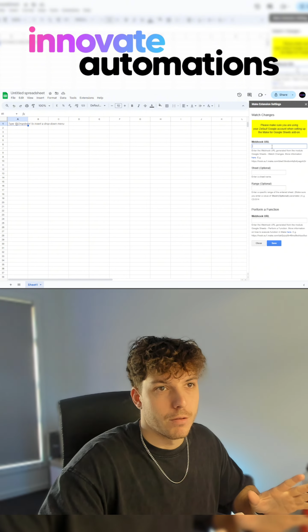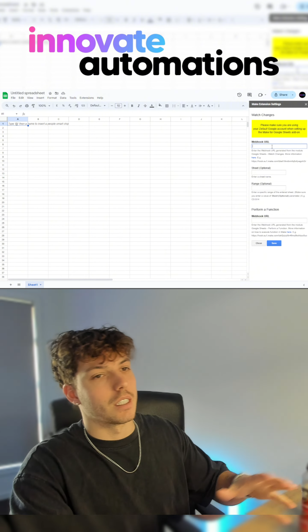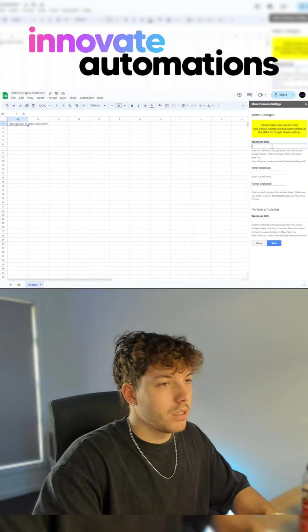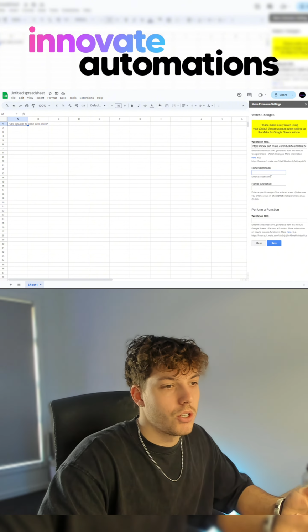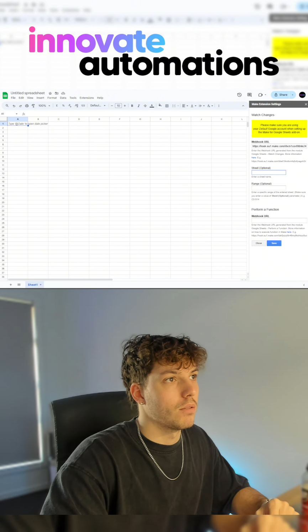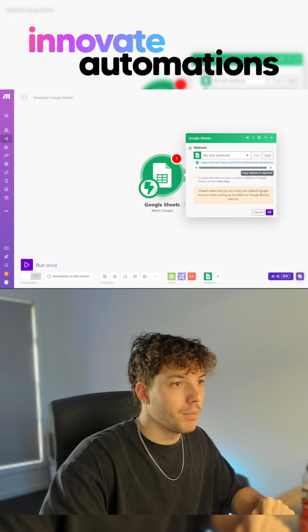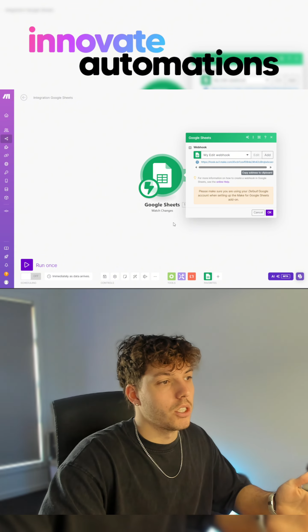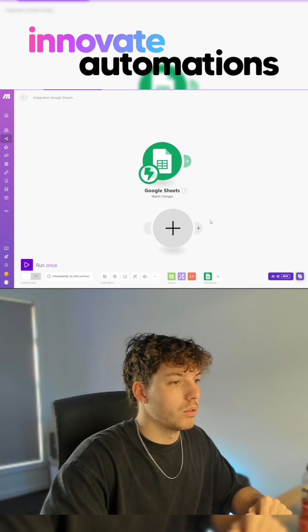Now sometimes this is a bit funny. Sometimes you have to log in on like an incognito browser with no other Google accounts logged in. But anyway, you paste your webhook URL and you can choose which sheet you can watch for. So for example here, if I go back to Make and click OK, the thing that we're doing is we're watching for any changes. But if I open up another module here,